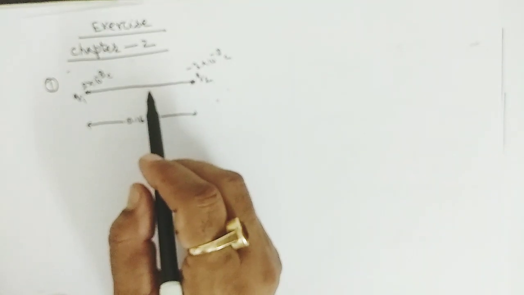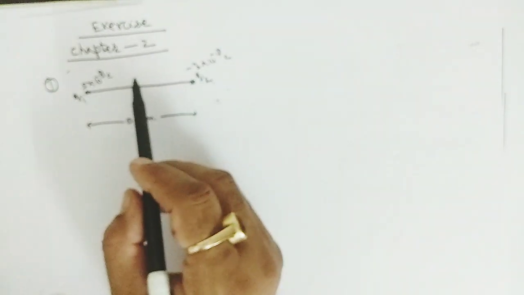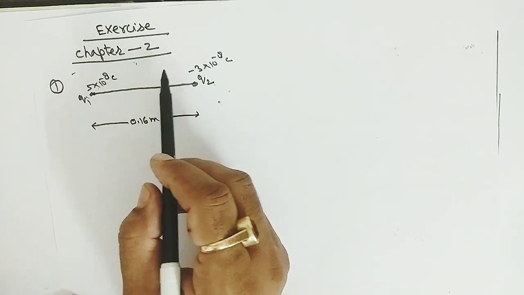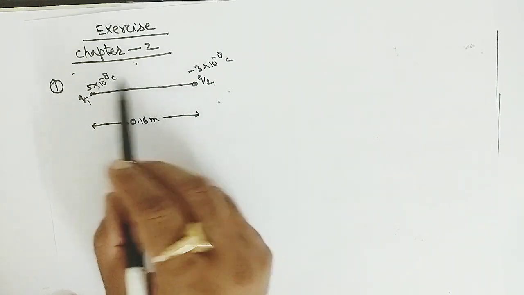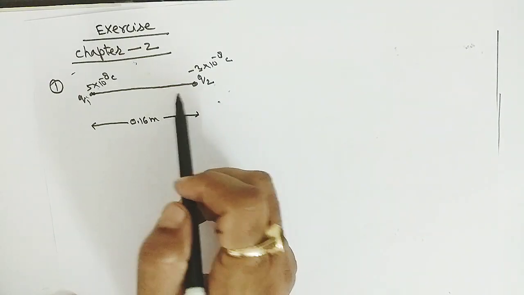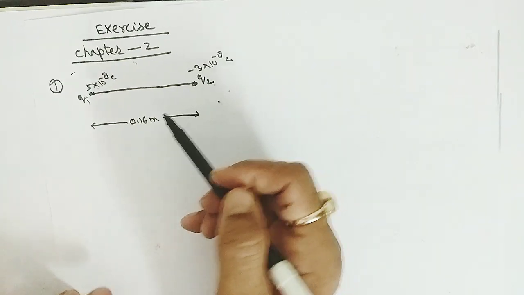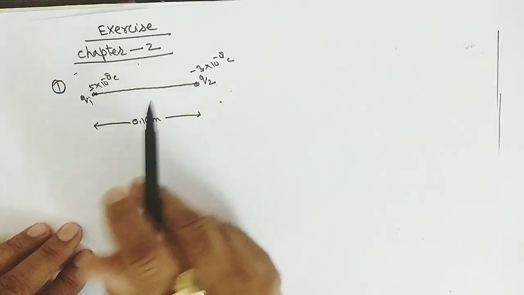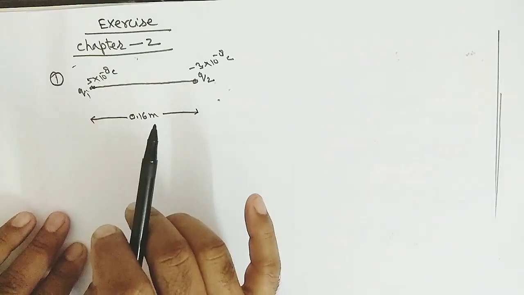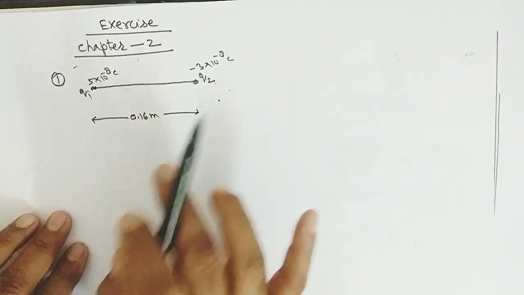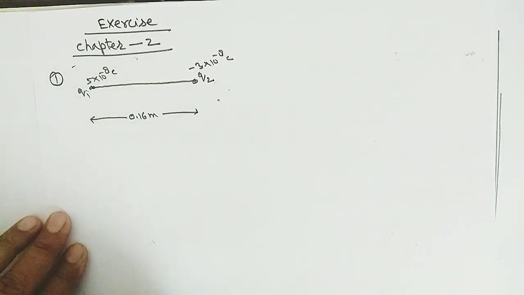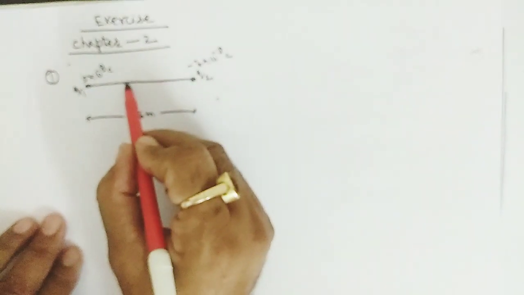It is asked at what points, means maybe more than one point, on the line joining the two charges is the electric potential 0. Take potential at infinity to be 0. So remember students, we always consider the potential at infinity to be 0. It should be remembered by all of you. Now we have to find a point where the potential should be 0.